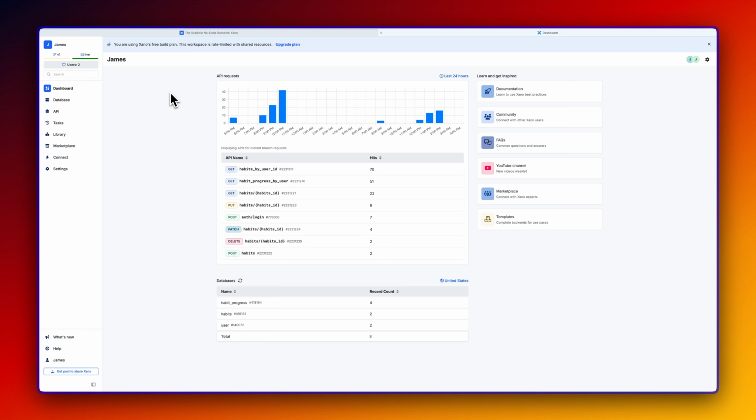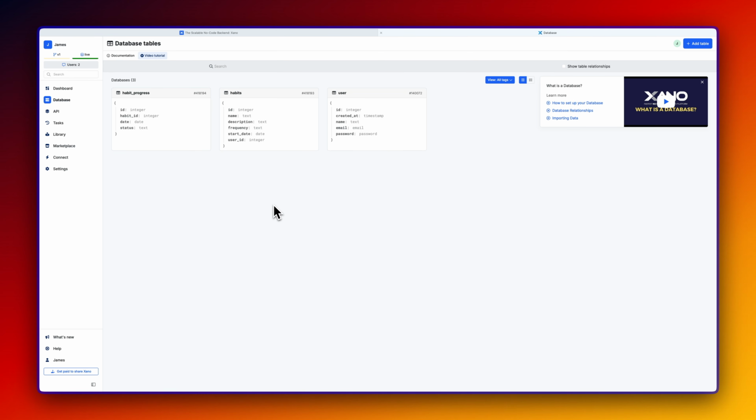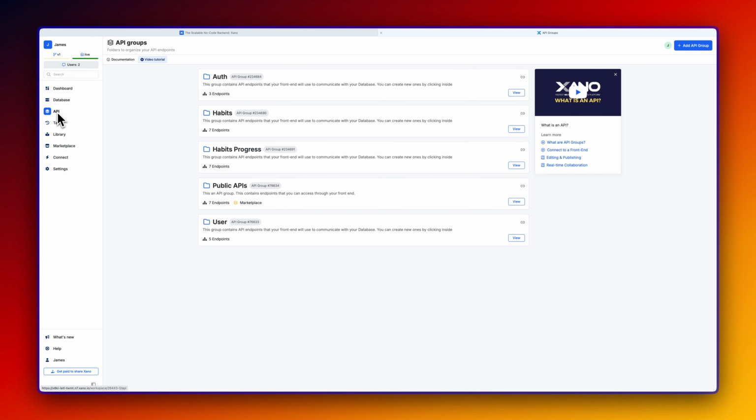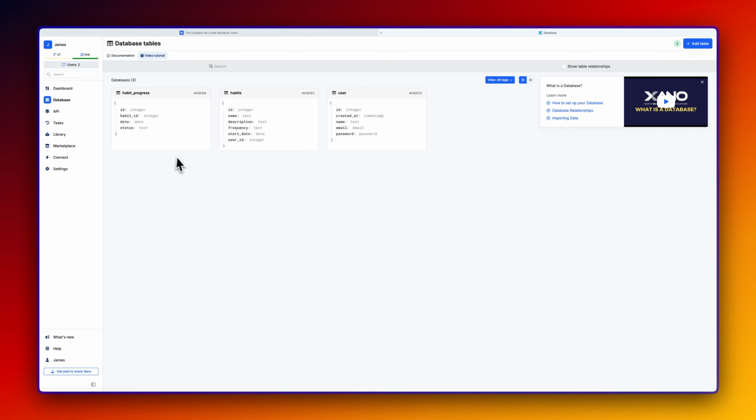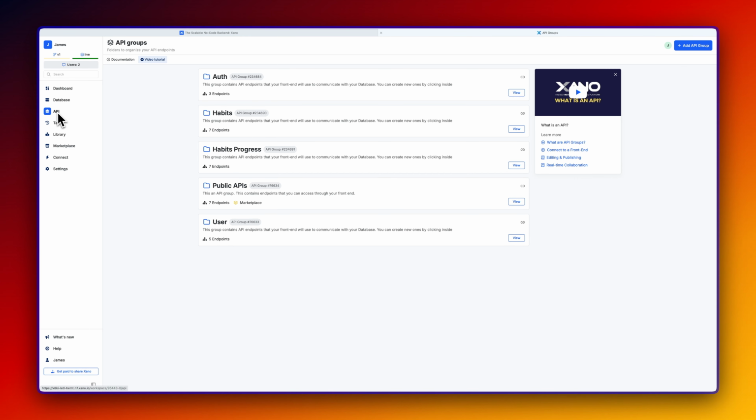Now, this video is going to be divided into 3 parts. In the first part, we're going to have a quick overview of Xano, as well as a quick rundown of my dashboard so that you can see all the features and functionality of this app. In the second part of the video, we're going to be focusing on the main features that Xano provides, and mainly that's going to be databases, APIs, and some of the things that make it behave so seamlessly